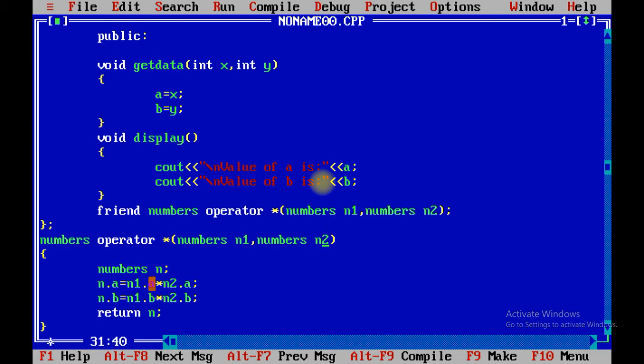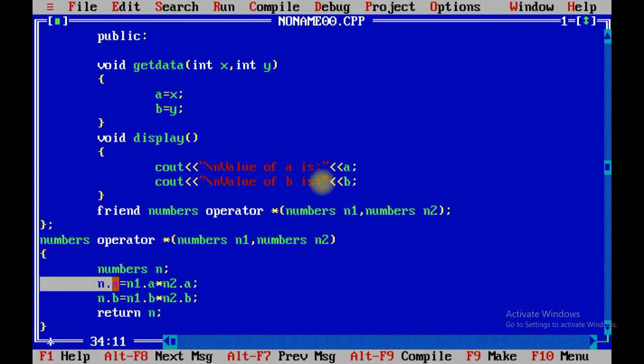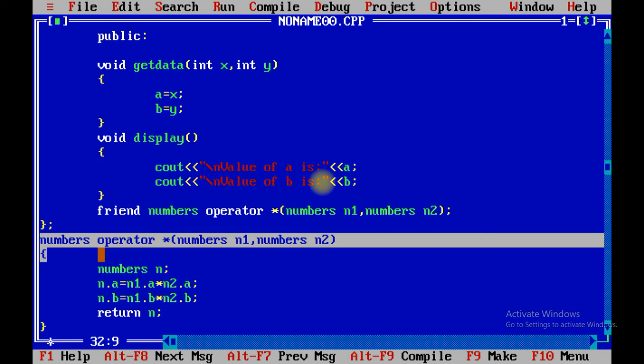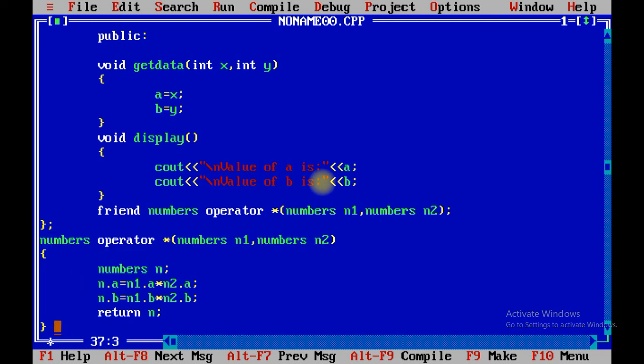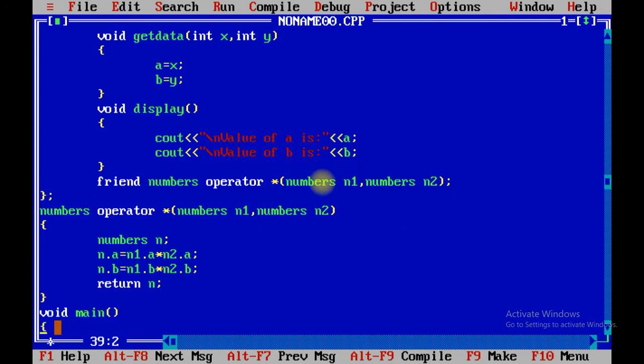So n1 dot a multiplied by n2 dot a, that multiplication we are going to store inside n dot a, and n dot b contains n1 dot b multiplied by n2 dot b. So it will return the object n. Object n contains the value of a and the value of b, and we are going to return it to the class number.